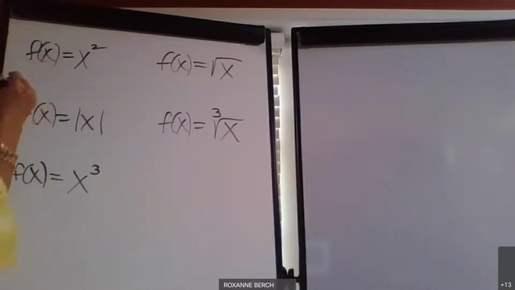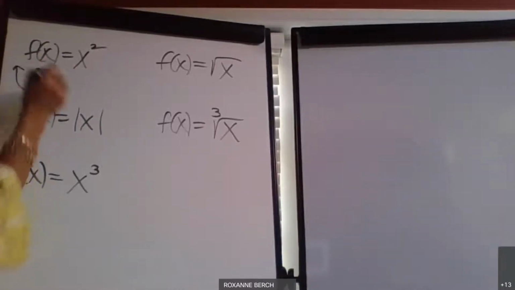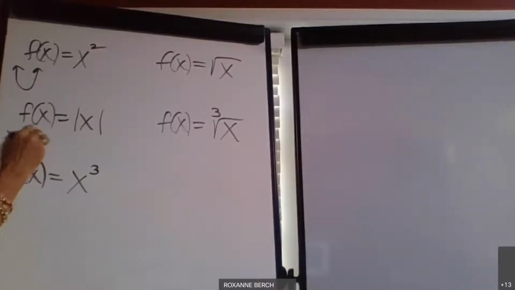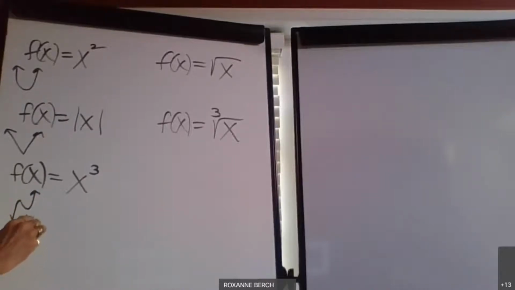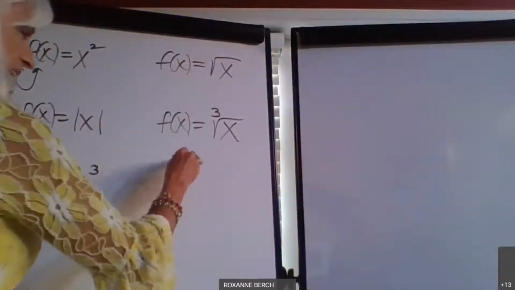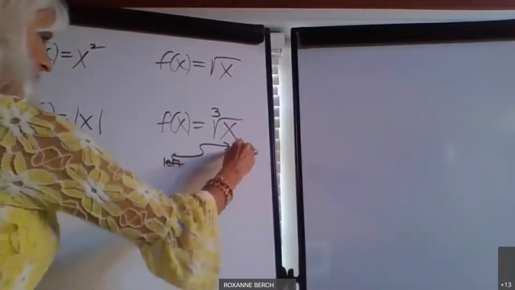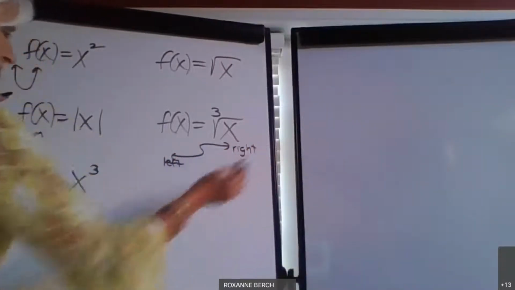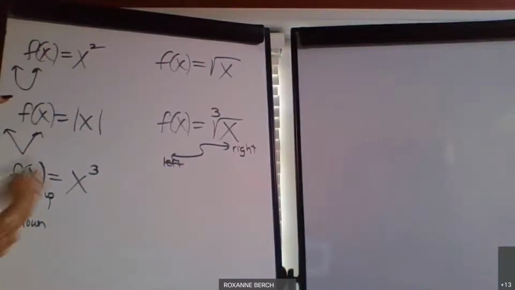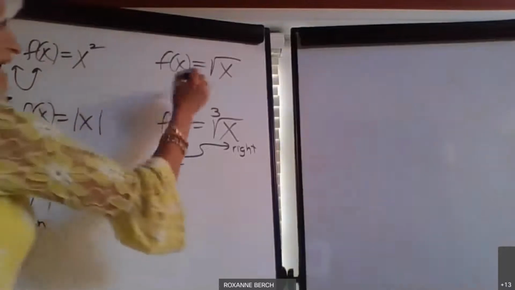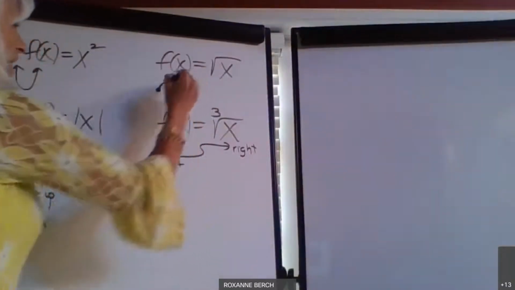So remember what this guy looks like? It looks like a quadratic. This guy looks like a V. This guy looks like a snake. And he goes down and up, by the way. This guy is the inverse of the snake, which is left and right. So in a minute, when I write these points up here, they're the same. This guy goes up and down. This guy goes left and right. And this guy, remember, goes off to the right.